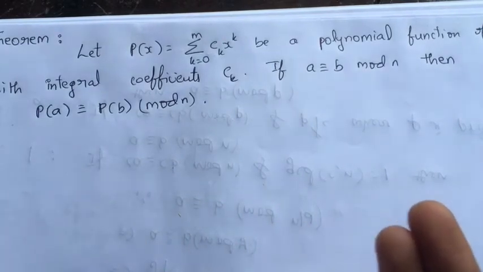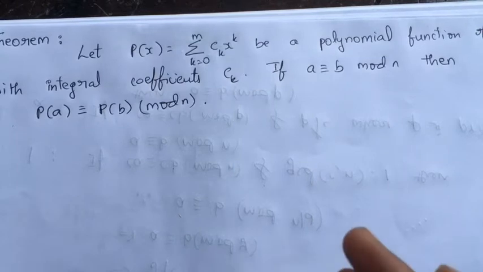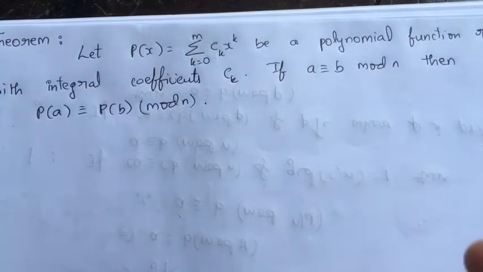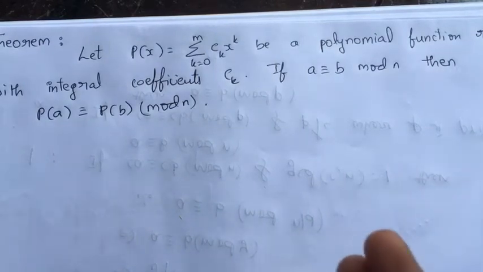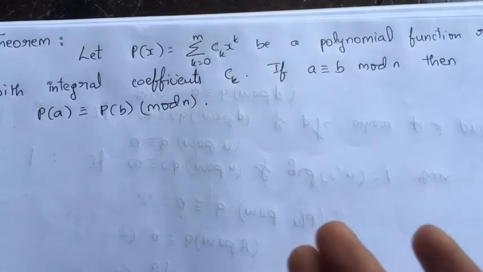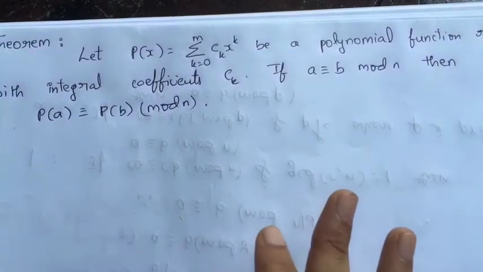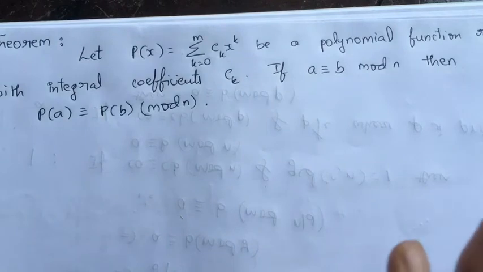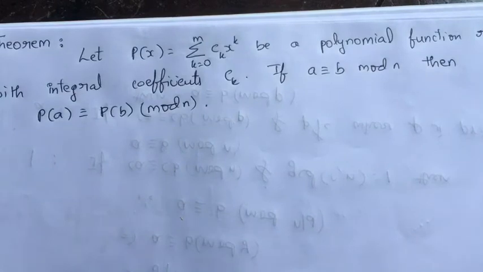When we convert it into a binary number, then that decimal integer can be written as a polynomial function of 2: some coefficient into 2 raised to 0 plus some coefficient into 2 power 1, like that. That is nothing but the polynomial representation of an integer. Like that we can write a decimal integer in octal or hexadecimal representation. Now here, by using that polynomial expansion, we are checking whether one integer is divisible by another integer.